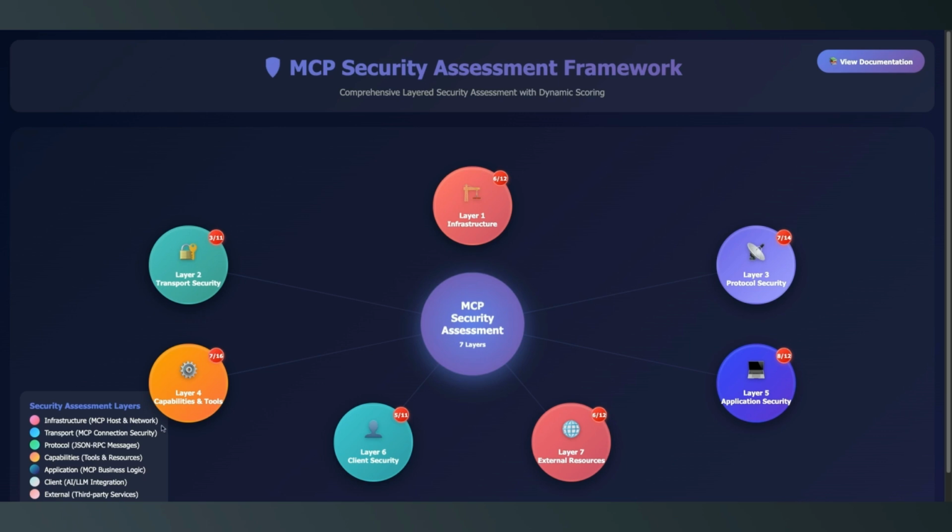So I just wanted to share some insights on how we can utilize this tool in your regular MCP security audits,